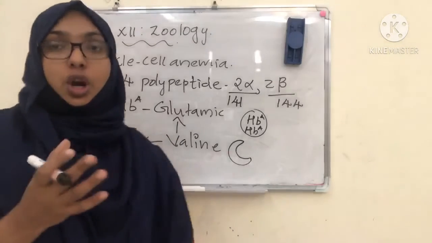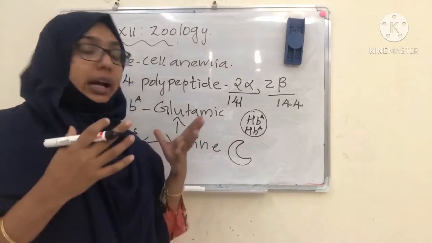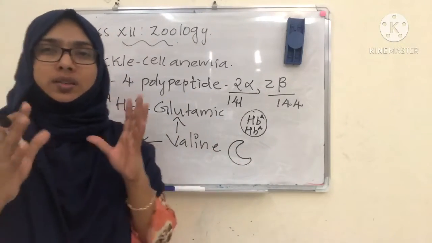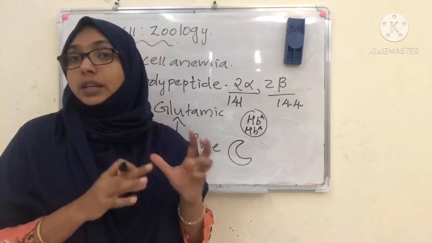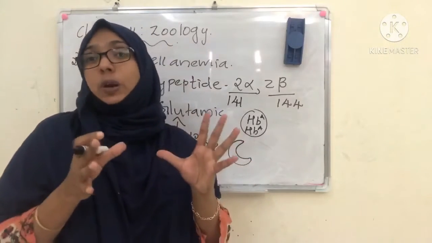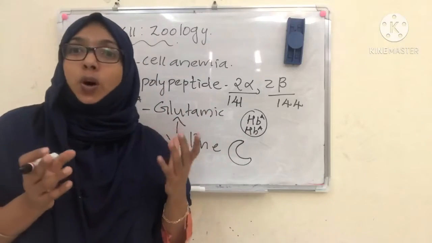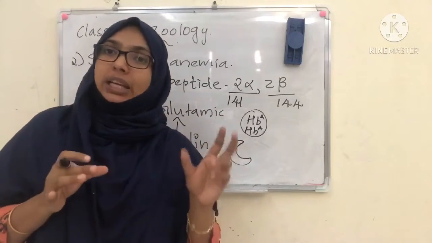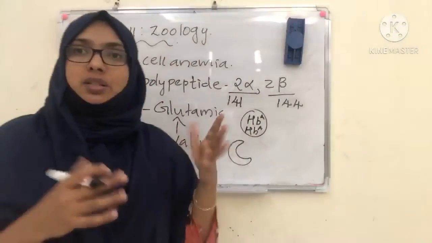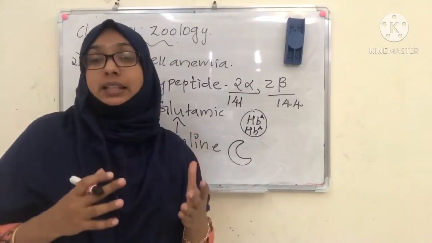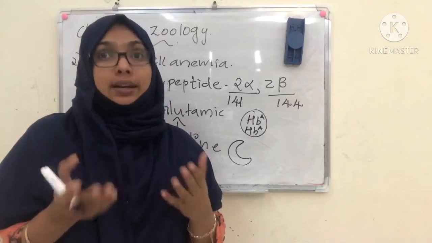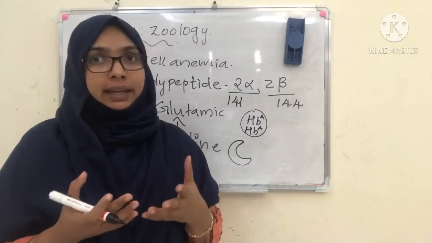This short span of life and also the low binding capacity of the sickle-shaped cell causes the heavy destruction of this RBC in the spleen. Okay, heavy destruction of the RBC causes what? Anemia. Typically, it is known as hemolytic anemia. And anemia means loss of blood, and that is fatal in condition. Fatal means it may cause death, even death.